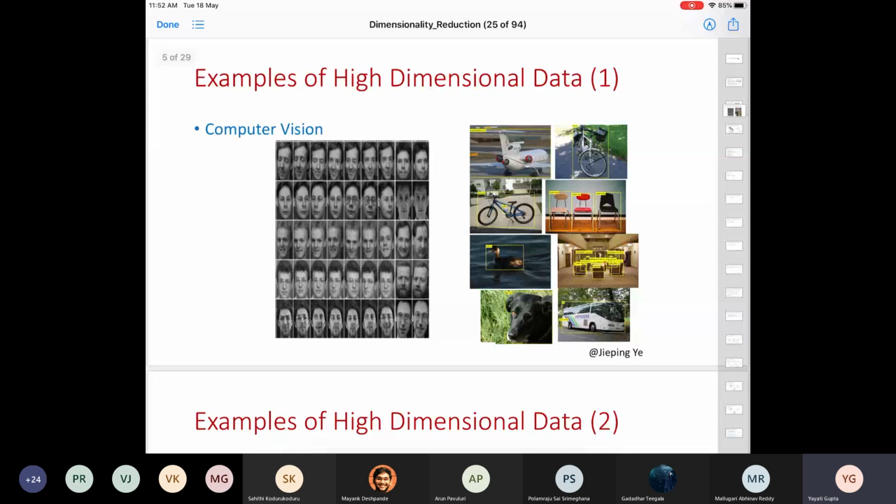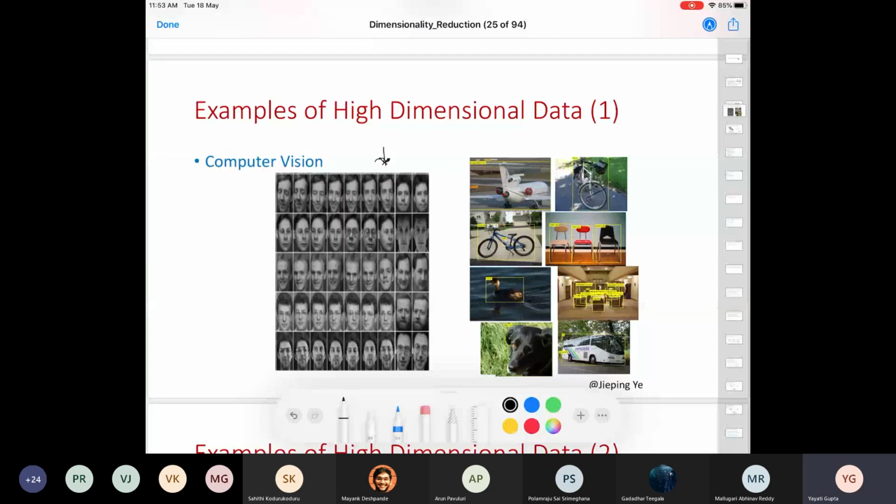Some examples of where you would see high dimensional data. One is images. Images usually have a size of more than, I would say, 10 to the power 4, which is a very high dimension. Think about this: let's say I have a data set of facial images, and my task is to predict if the person is looking left or right. That's the simple task that I have.